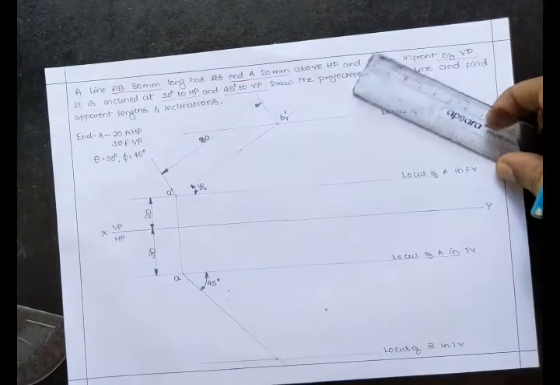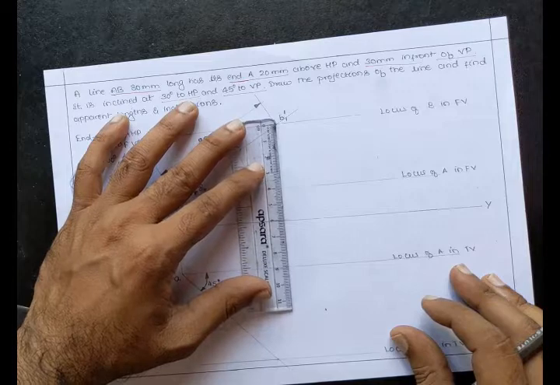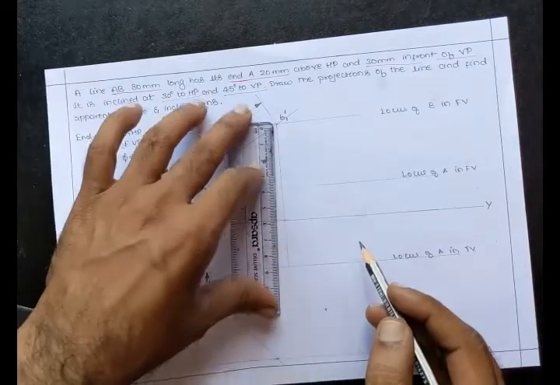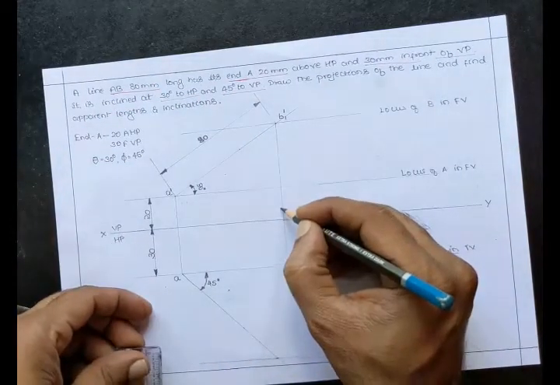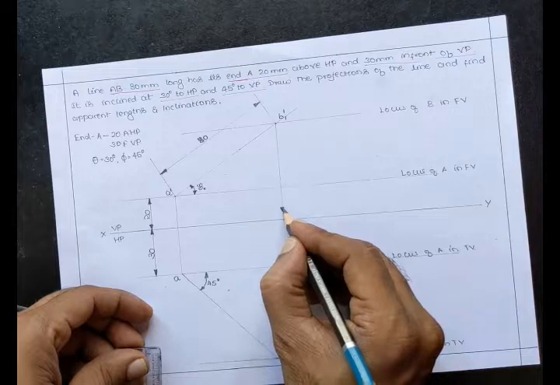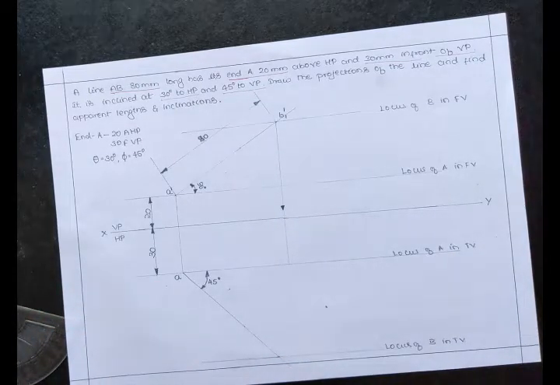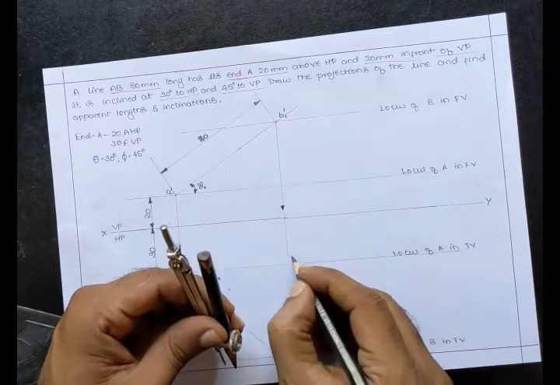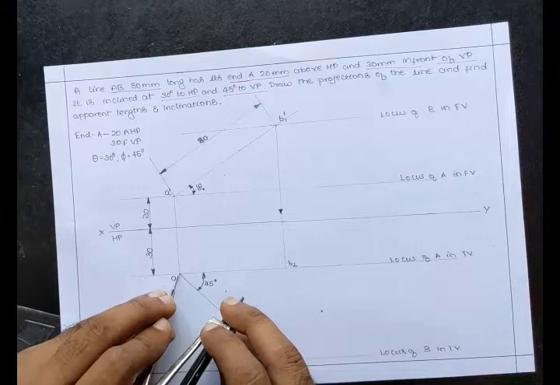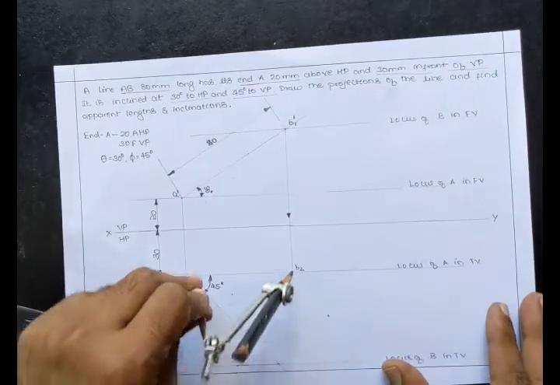Now I need to construct the apparent constructions. So what you have to do, you need to project it downward to the opposite locus. See, I'm projecting the locus of B to the locus of A in the opposite plane. Next, you need to take the distance and rotate it. Since it is a top view, I'm going to name it as B2. Take A as center, AB2 as radius.